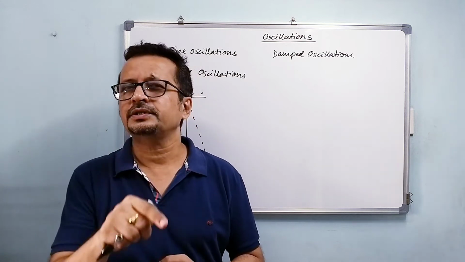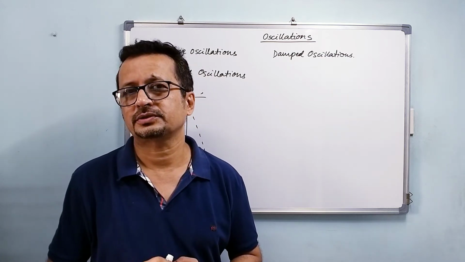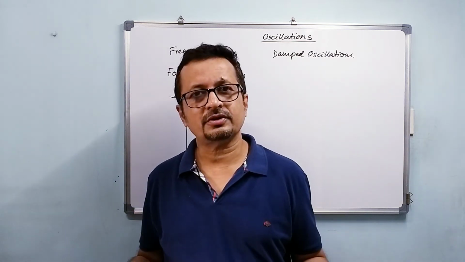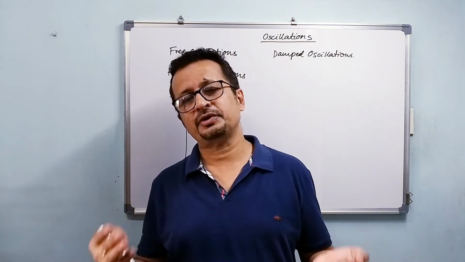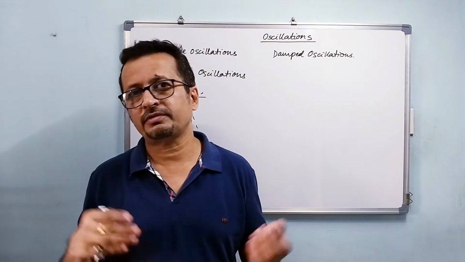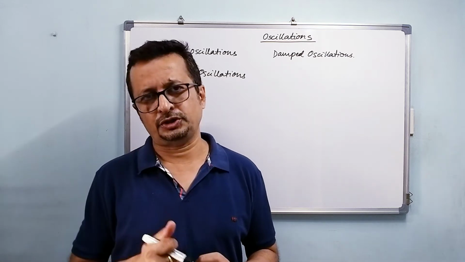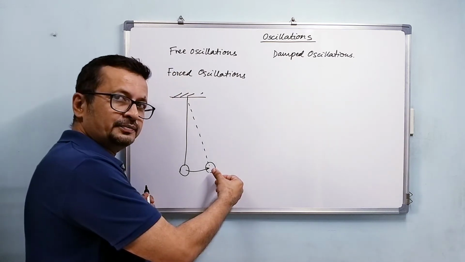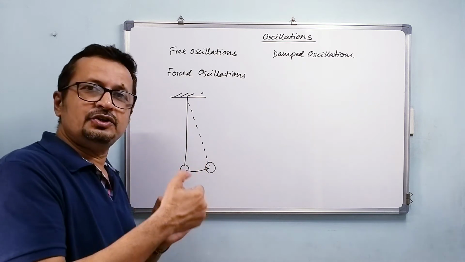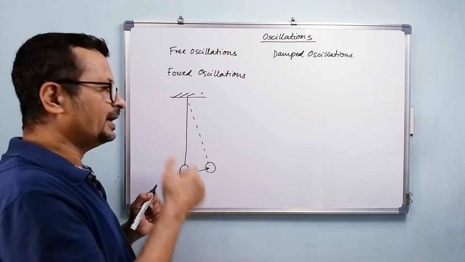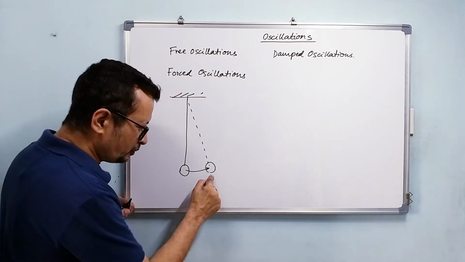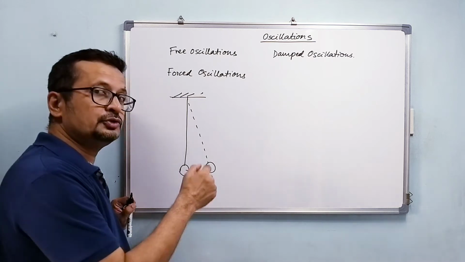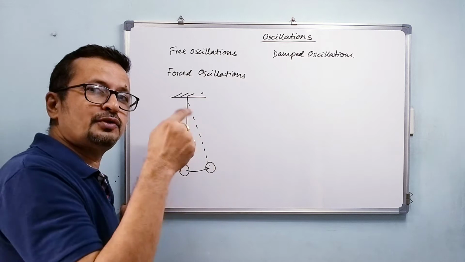What is the frequency of oscillation? Now for getting the frequency of oscillation, you need to find the period of oscillation. So for that, what would you do? In the lab, when you measure the frequency of oscillation of a pendulum, you will take a stopwatch, and as you release it from here, at the same instant you will turn your stopwatch on, and then it goes from here to here, goes further, comes back here, and comes back to the point from where you released the bob.